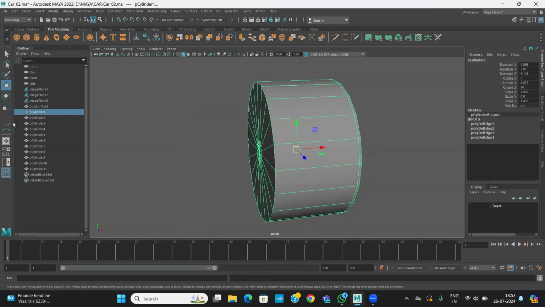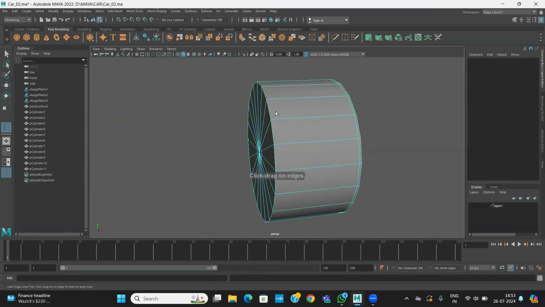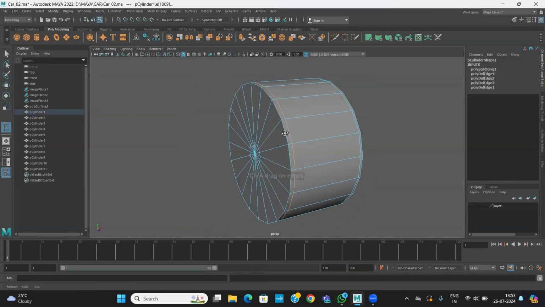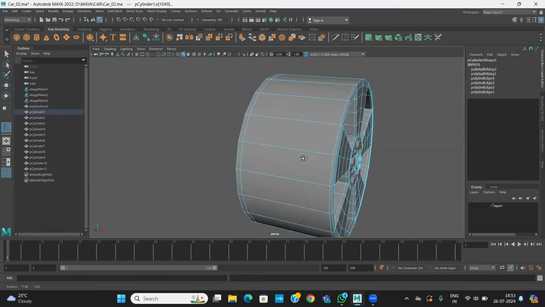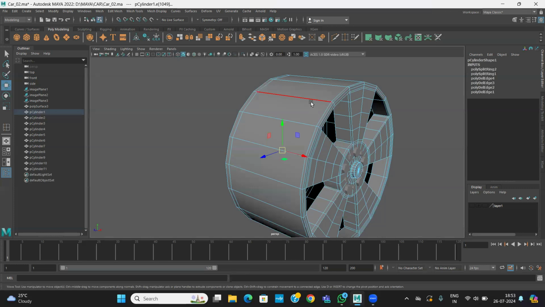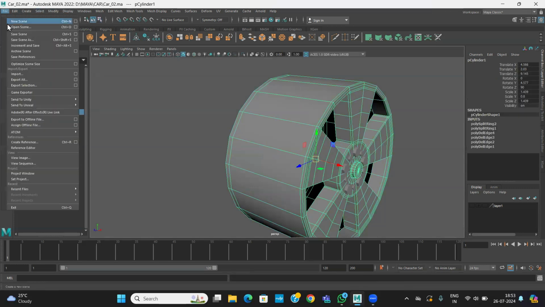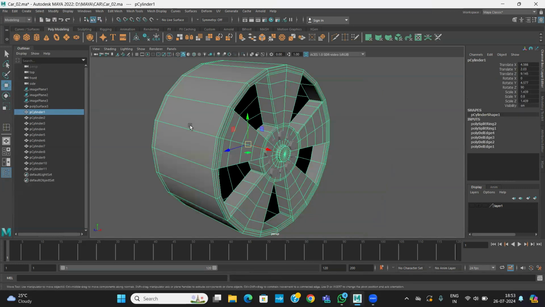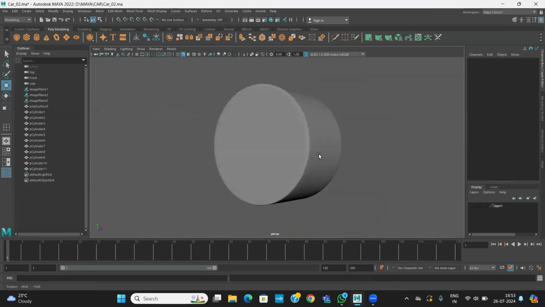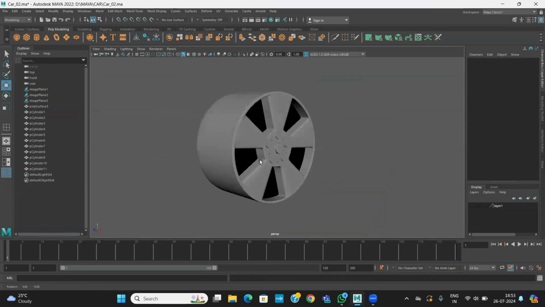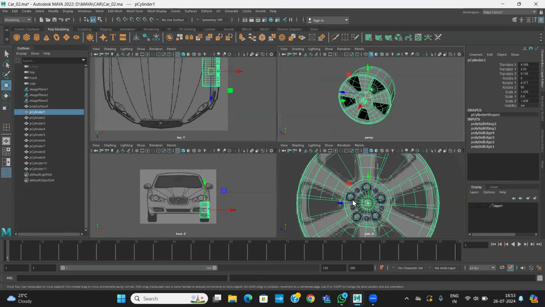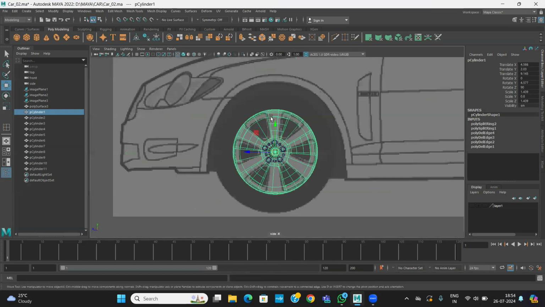So here maybe you can give one hole, mesh insert, look at the edge. In edge it will not be seen, but still you can give one hold here. Fine. Then finally, I'll save the file, check it up, press three, and look at how it looks. Still looks fine. Okay, so now we'll go for